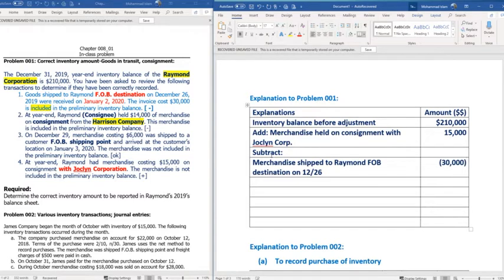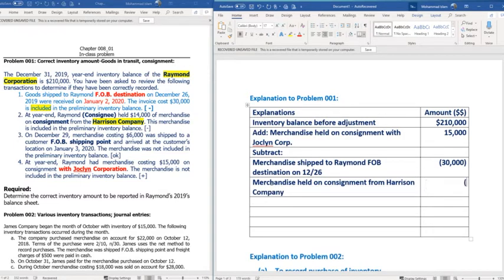And the other one is the second one, merchandise held on consignment from Harrison Company, and that is 14,000. Okay, so underline, and after adding and subtracting, we find